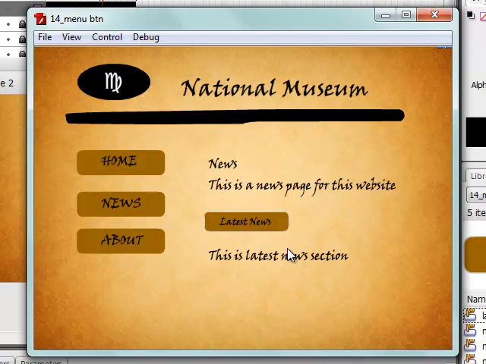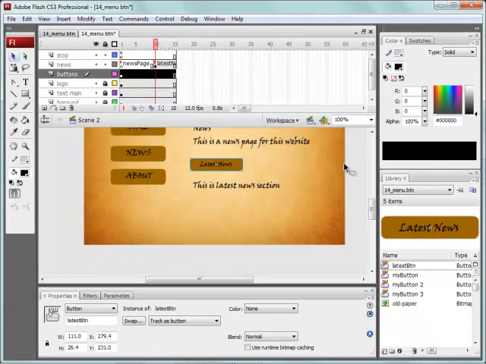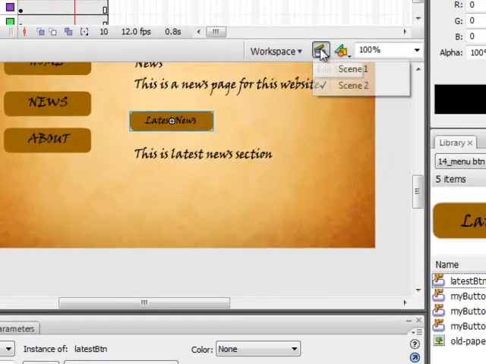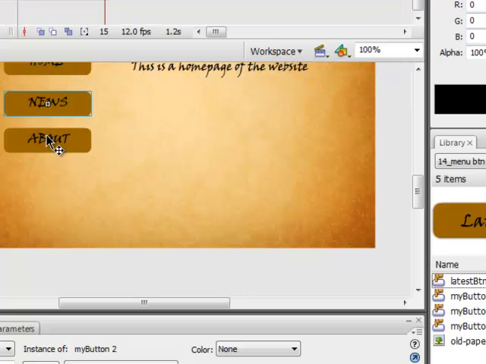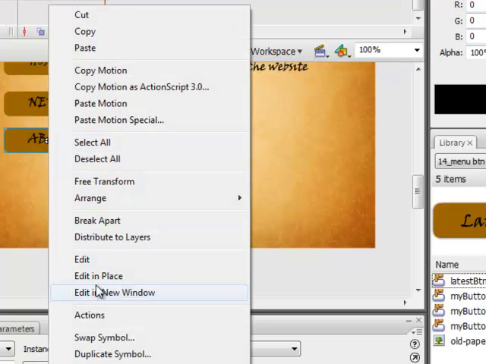So this is the thing. This is the example on how to navigate a button to a certain frame on your scene. So close it off first. We only have one button left here, that is about button. The best part is I'm gonna navigate this button to a website and I don't have a website, so let's just navigate to adobe.com. So I'm gonna go to scene 1 first, right click on about button, go to actions